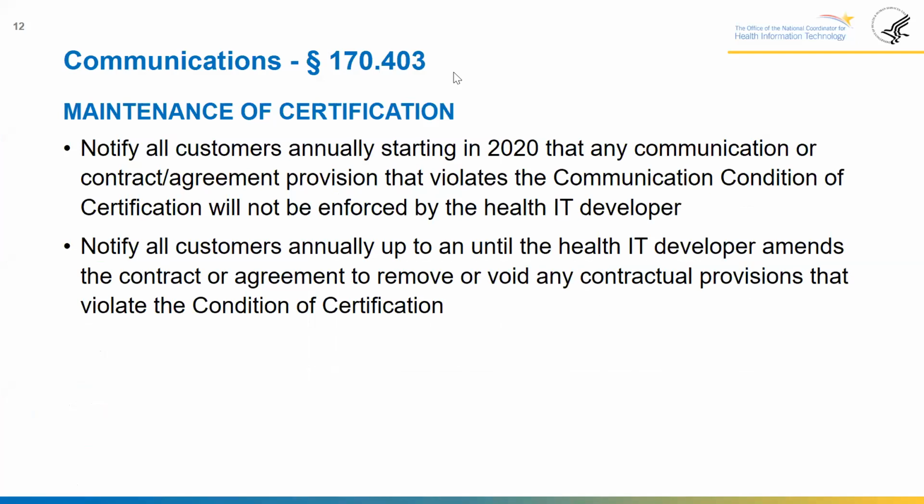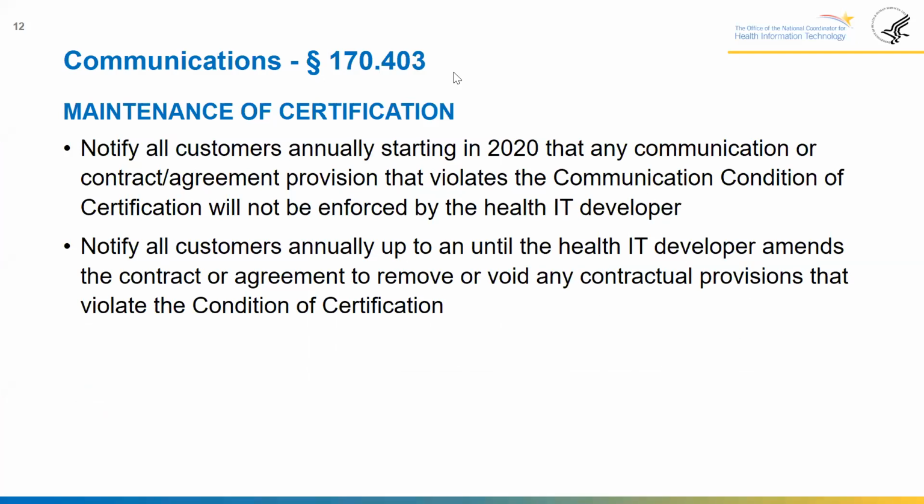Okay, great. Looks like we're back up and running. And so I'll close out this condition of certification by talking about the maintenance requirements. Maybe at a little faster speed. So two quick things about this. Initially, we said that you would have to notify, if you were a developer, customers essentially 6 months, and then annually thereafter.